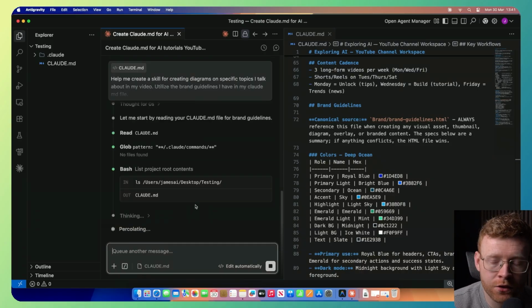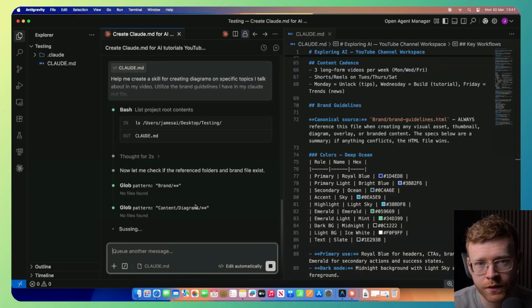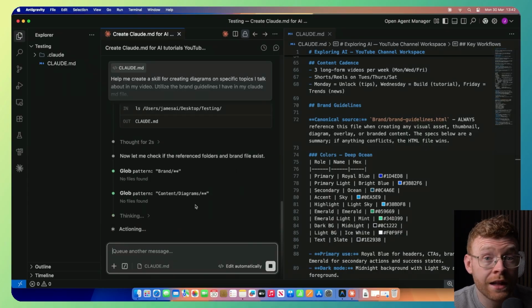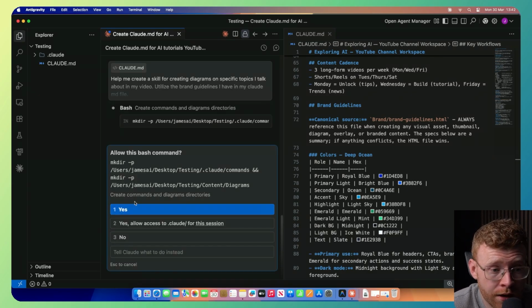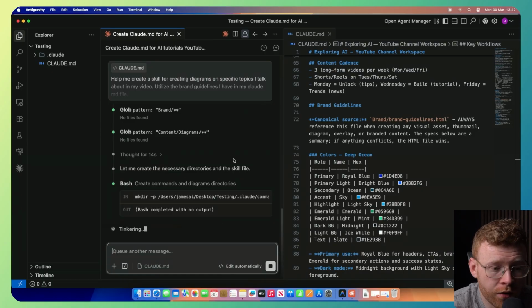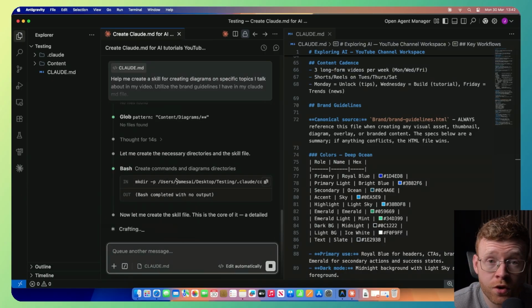It can connect to lots of different apps as well. So for example, if you wanted to connect this to Canva to create different graphics, you can do that. Just tell it that you wanted to do that in the prompt. And if it needs any access or needs you to connect anything, it will prompt you to connect that. You can see here, it's asking me for permission to go ahead and work on this. So I'm going to say, yes, it's allowed to create directories in my folder. I'm going to allow it for this session, and it will go through and start working through and building out